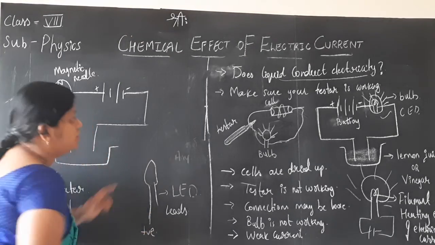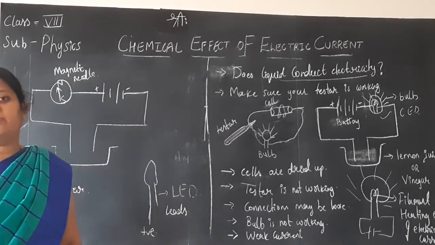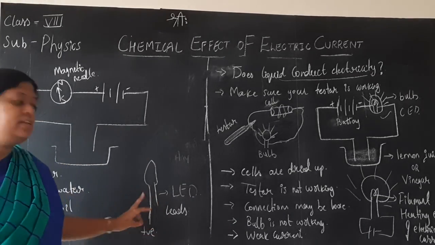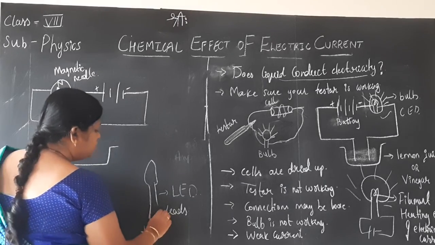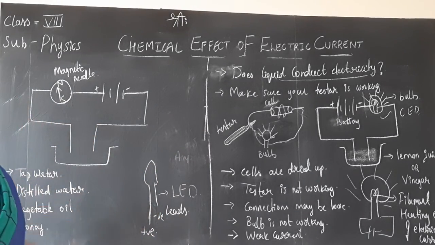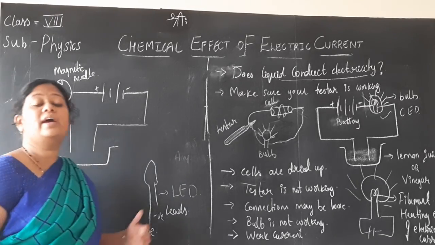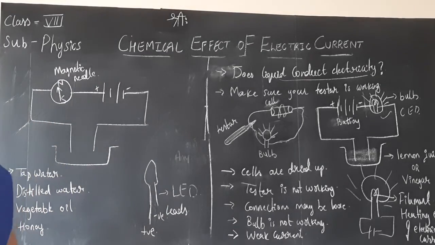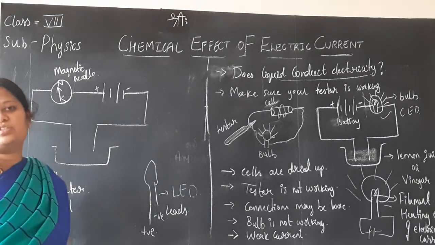It should be connected to the positive of the battery only. The shorter lead is called the negative terminal, and it should be connected to the negative terminal of the battery when you are connecting this LED bulb in a circuit. So, this is about an LED bulb, which is used in detecting a very small amount of current, and hence it is useful to us.